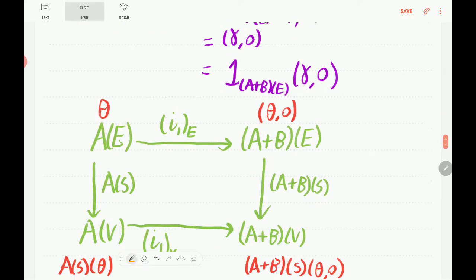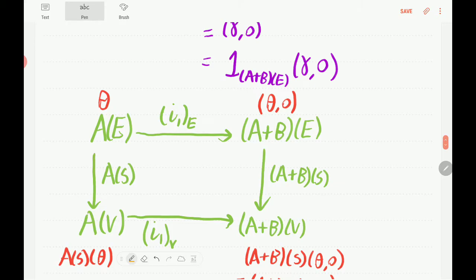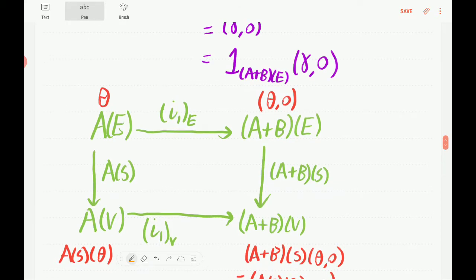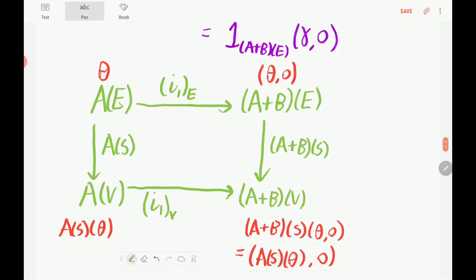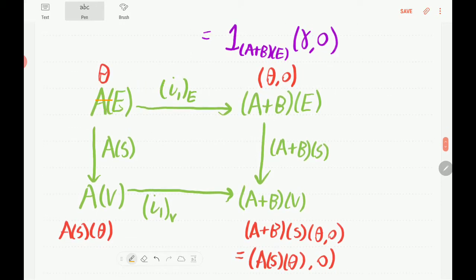Now, there are other kinds of arrows involved in the setup which I've described, and we want to now show that they are indeed natural transformations. So one of these arrows is I1. We really want to show that I1 is a natural transformation from A to A plus B. So we'll look at the E-type elements. We'll imagine we have this arrow S from E to V, and then we want to show that this is a naturality square. So if we take a theta in A of E, if we do the Eth component of I1 on that, we get theta comma 0. And then if we do A plus B of S on that,